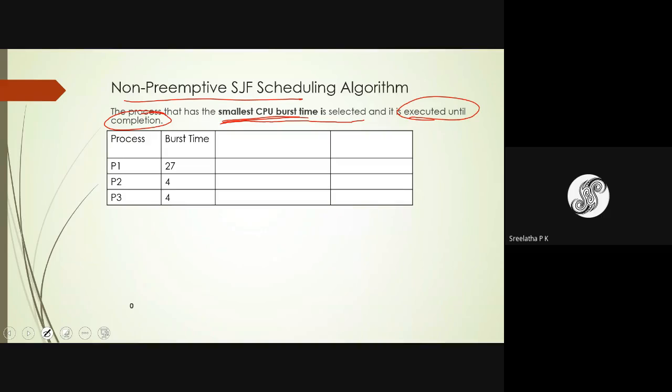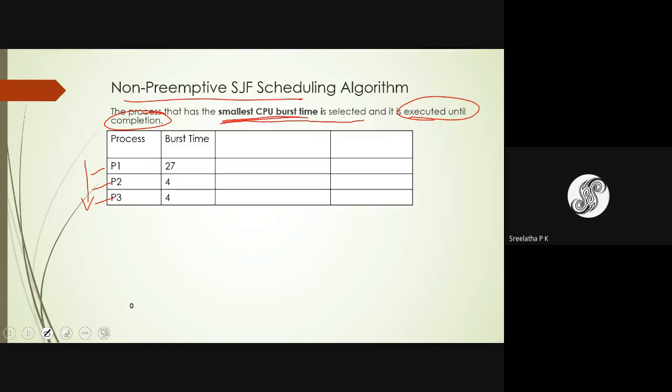Now for this problem, arrival time is not given. When arrival time is not given, we assume that the processes have come in this particular order: P1 has come first, then P2 and then P3.